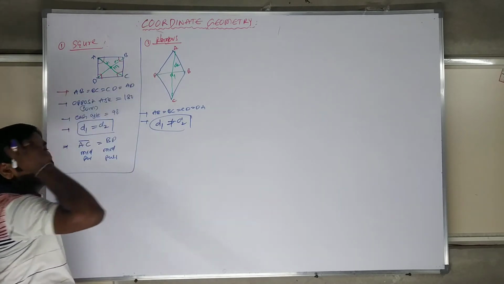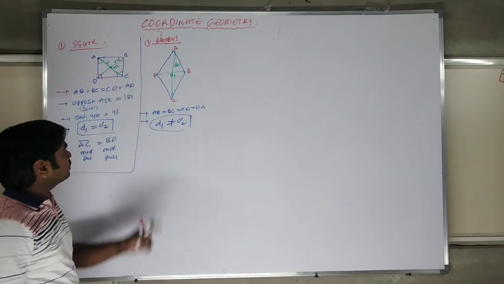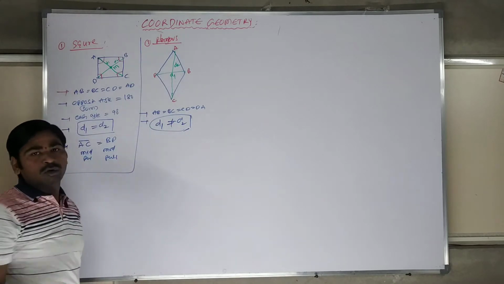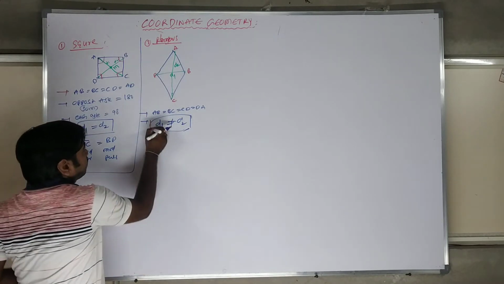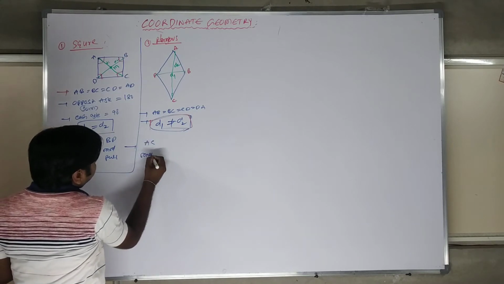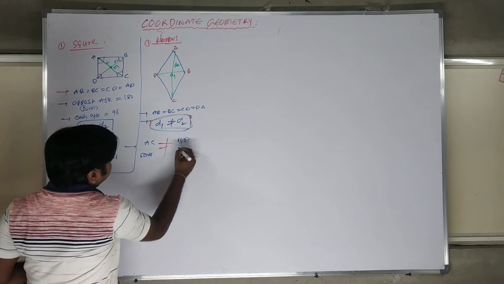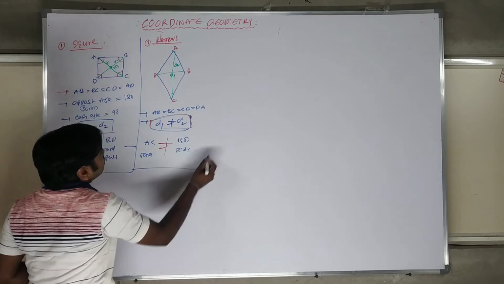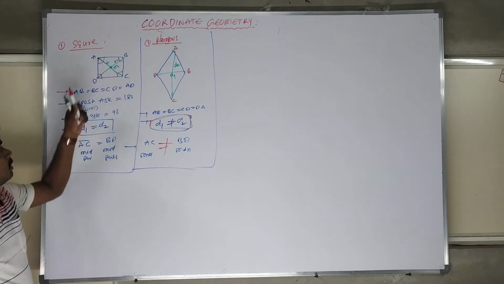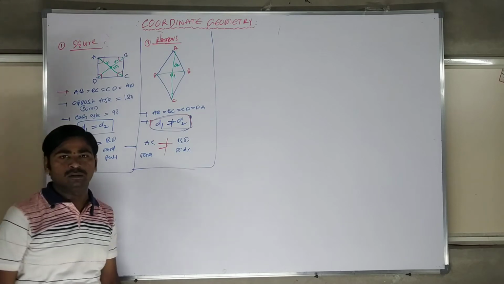If the diagonal lengths are not the same, the square becomes a rhombus. Next, the AC midpoint and BD midpoint should not be the same. The AC midpoint is not equal to the BD midpoint. So we can say simply, if the diagonals of a square are not equal, it becomes a rhombus. It's very clear.